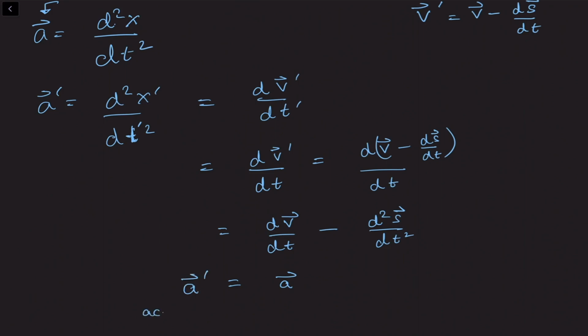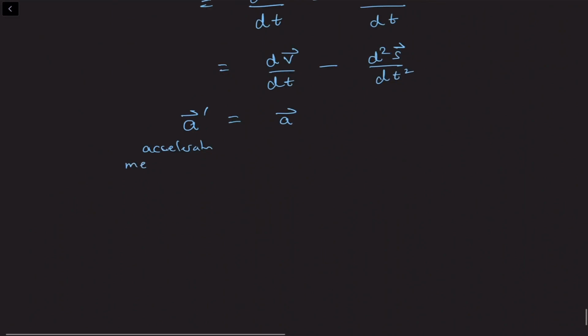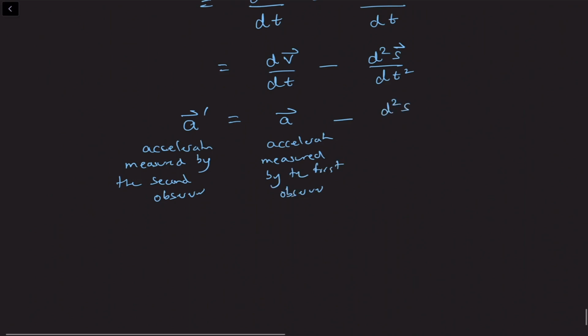So the acceleration measured by the second observer is the same as the acceleration measured by the first observer minus, and this quantity we can write down as